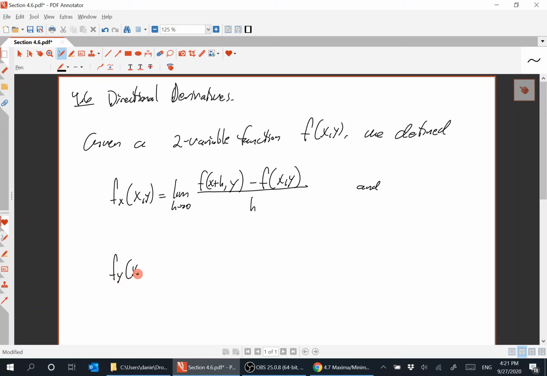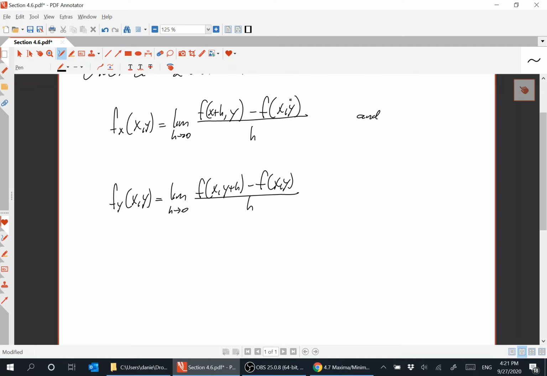The partial derivative with respect to y is defined similarly: f(x, y plus h) minus f(x, y), over h. So this time x is designated to be constant and y is varying by h. Okay, so here